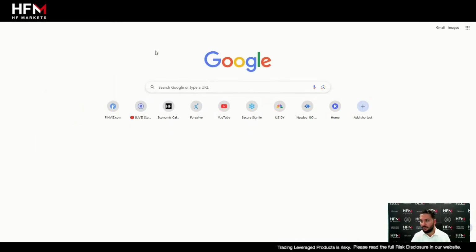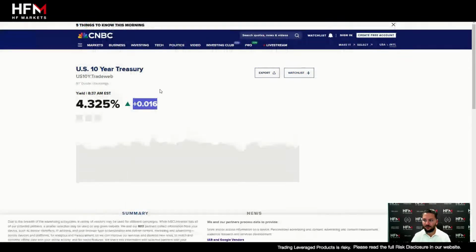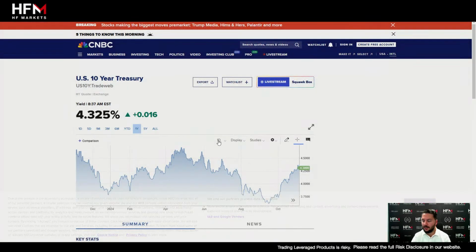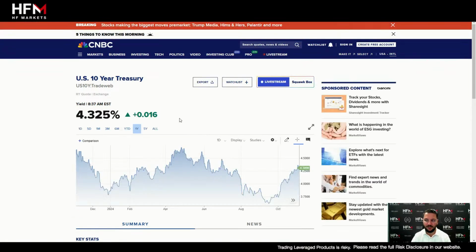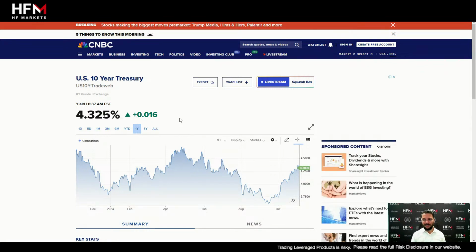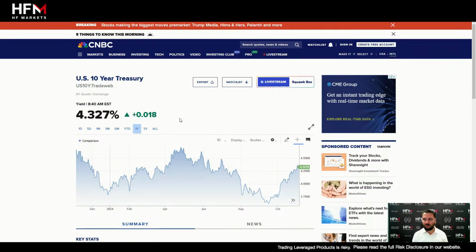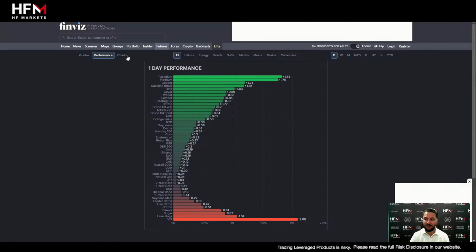The last one, bond yields. Bond yields is higher. That's normally slightly negative for the market. The only thing I would say is it's only slightly higher. If that was 0.5% higher, I would say, guys, that's a risk for the stock market. But not at the moment. 16 points higher is not necessarily enough to send a tingling feel down my spine, should we say. But that's something we also need to take into consideration. So that's in regards to the Dow Jones.